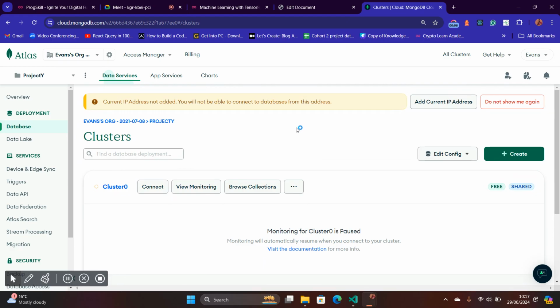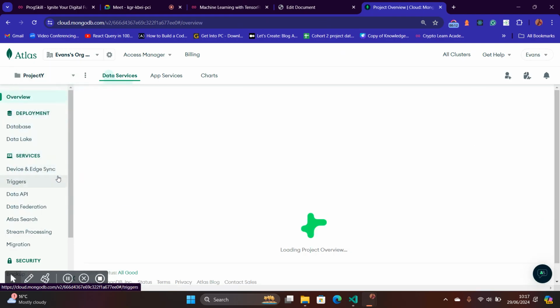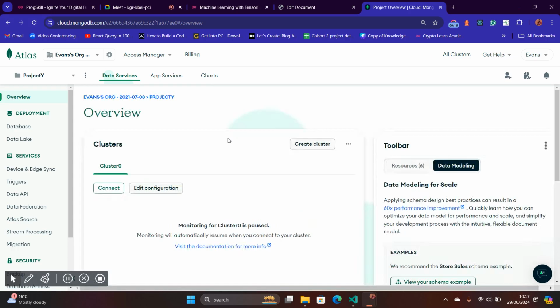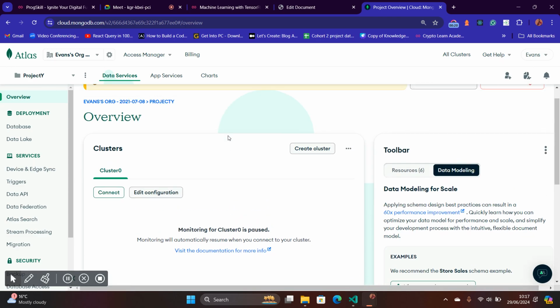Then we should be having some data in our database. So I think we are working with this project Y. Then in this project Y, I should be able to see some data. So let's wait for it to load. It should be connected,